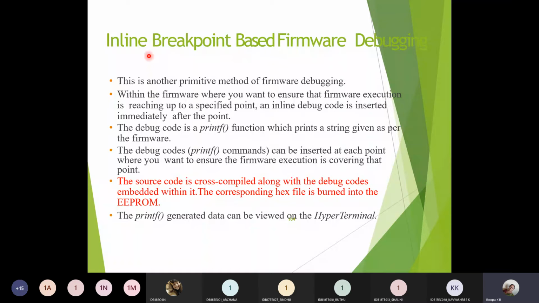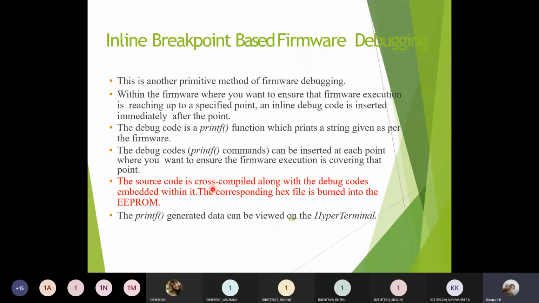You can apply any number of breakpoints at different instructions, and you can check the status of the registers or variables by using the printf operation. This is just one example of getting the status after each and every point by using this inline breakpoint firmware debugging process.